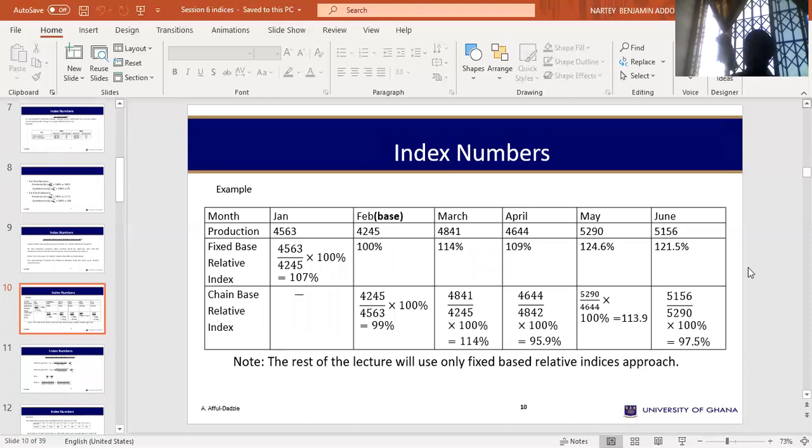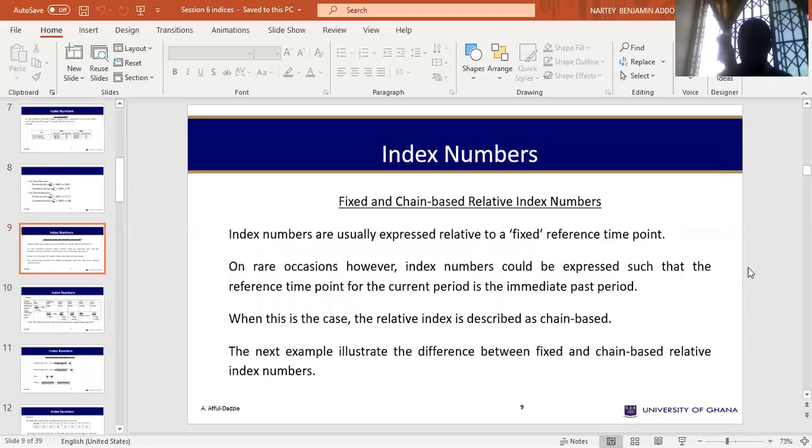Fixed and chain-based relative index numbers. Index numbers are usually expressed relative to a fixed reference time point. So if, for example, we choose 2010 and calculate all the index numbers from 2011 up to 2020 relative to 2010, that would be an example of fixed